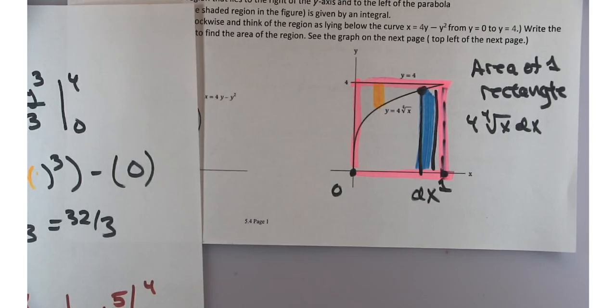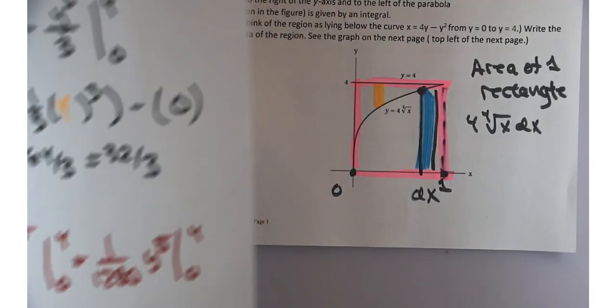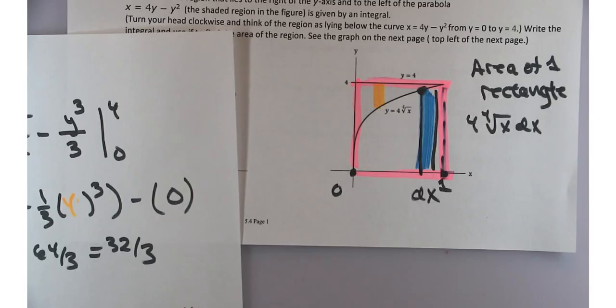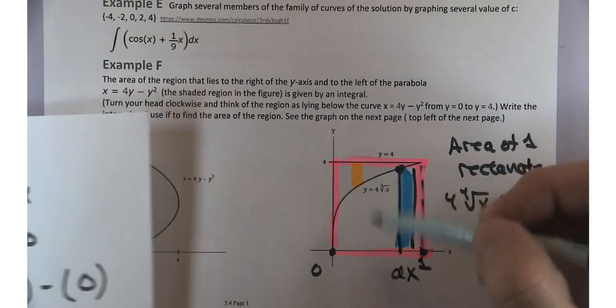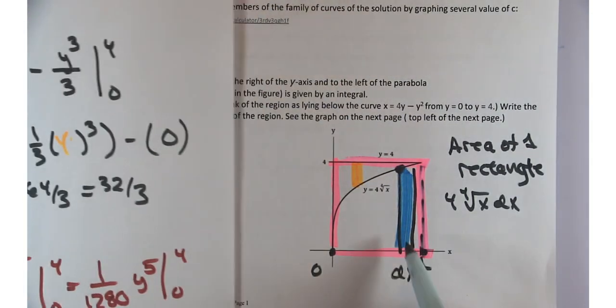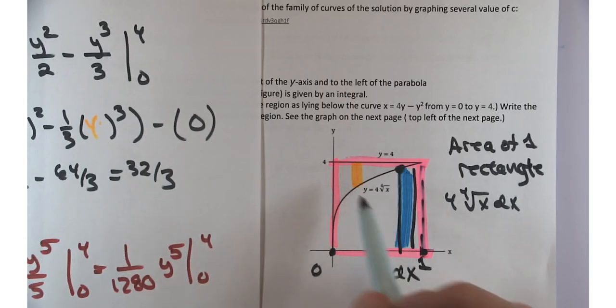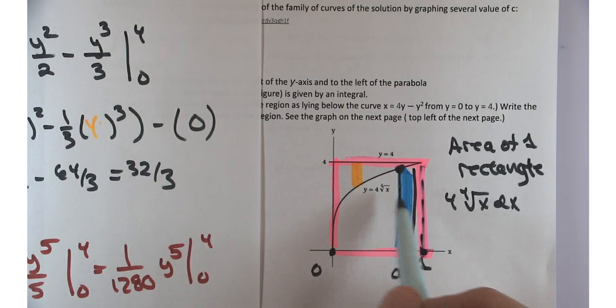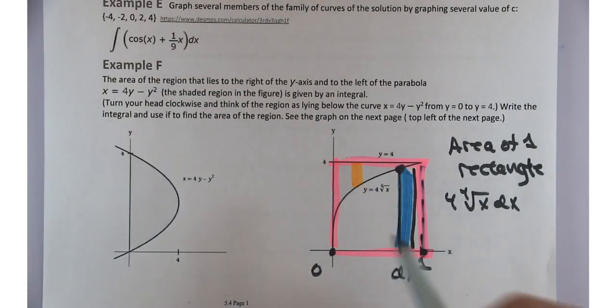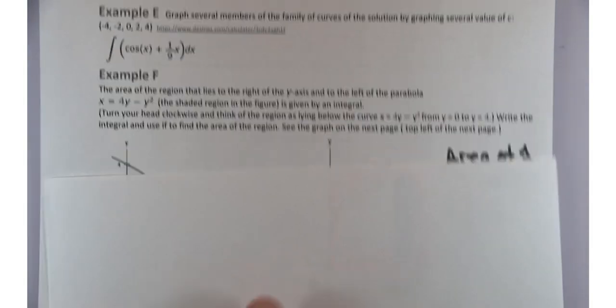So for an area, do we only find that through dx, or were we also finding that through dy? We're actually going to find this area two different ways, through dx and dy. We're not finding this area directly with dx. We're finding it indirectly, because what we need to do to finish this up is subtract off. So the area of the rectangle